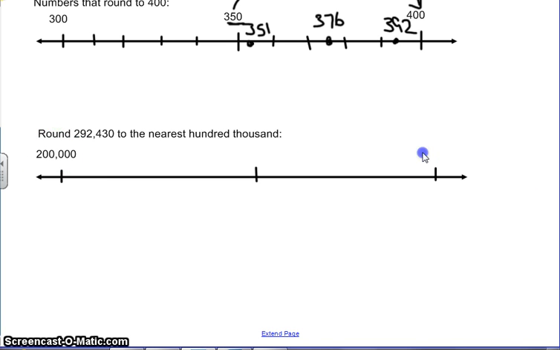Or is it going to be closer to my next 100,000, which is 300,000? I looked at my digit and I said, okay, is that closer to 200 or will I go up to 300? So now I drew my number line. Here's 200,000, here's 300,000, and I have to think about where this would go. Well, here's my halfway mark. What is halfway between 200,000 and 300,000? Halfway is going to be